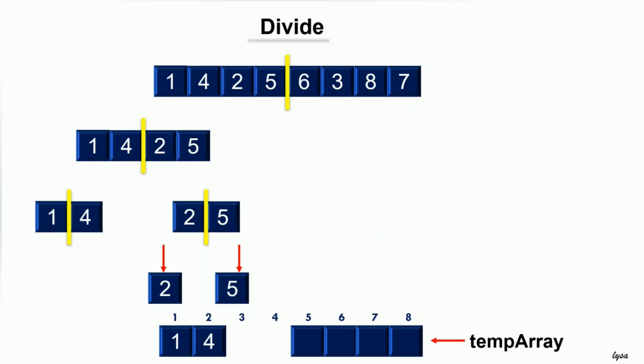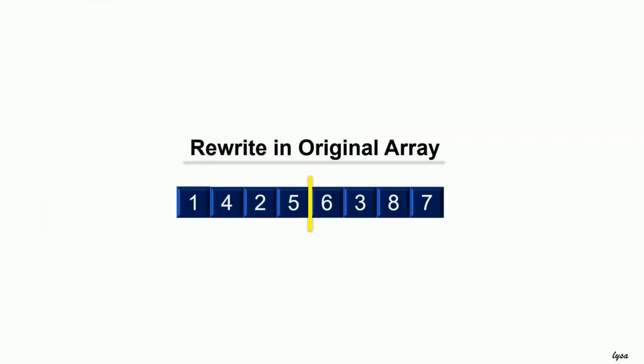Comparing 2 and 5, I know 2 is smaller, so I write 2 into the temporary array. And then move the pointer. One sublist is over, 5 is still remaining. I write it into the temporary array. At the end of it, again, I have to rewrite whatever was in the temporary array into the original array. When I write it, it is still remaining as